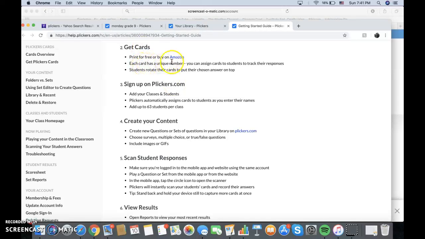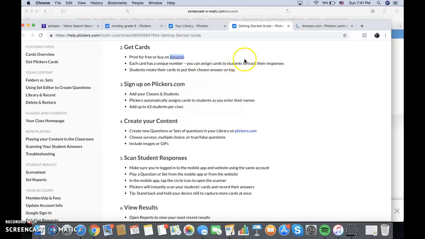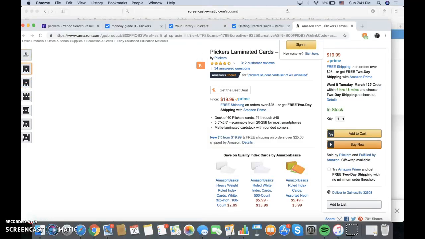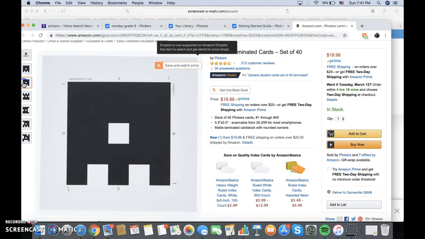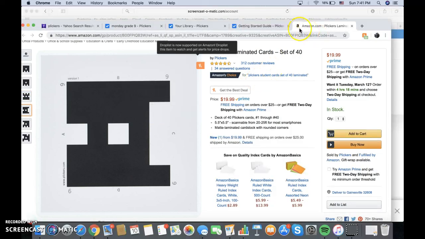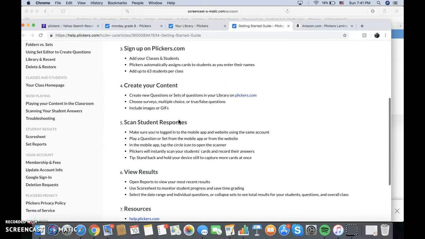You will have the cards, or you can print them on Amazon. We'll take a look at that. That way we can see what you have to do. Each card has a unique number, and then you can assign the cards to students to track their responses. So here's the little cards. Let's see what they look like. So these are all different shapes. These are Plickers cards, and then you will sign on to Plickers